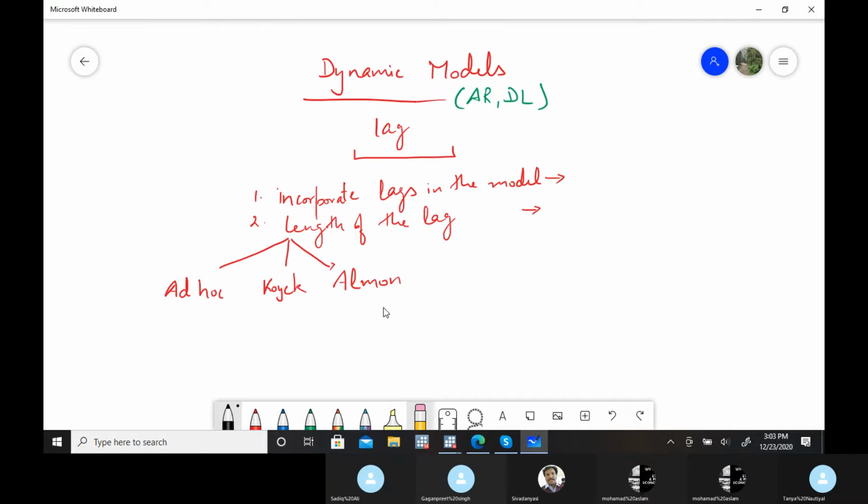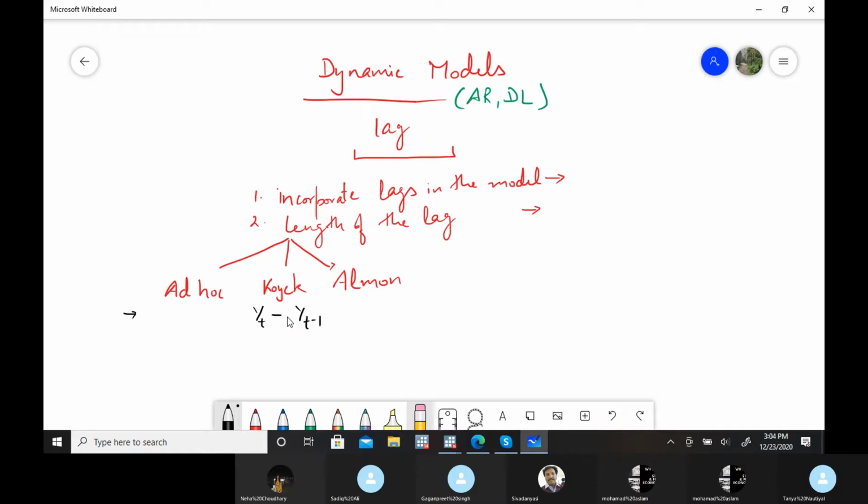So what are the differences in the different approaches? In ad hoc estimation, keep adding the lag values until it becomes insignificant or it changes the sign of the coefficient. In the Koyck approach, it's generally y(t) minus, it depends on the coefficient we are taking, y(t) minus 1.